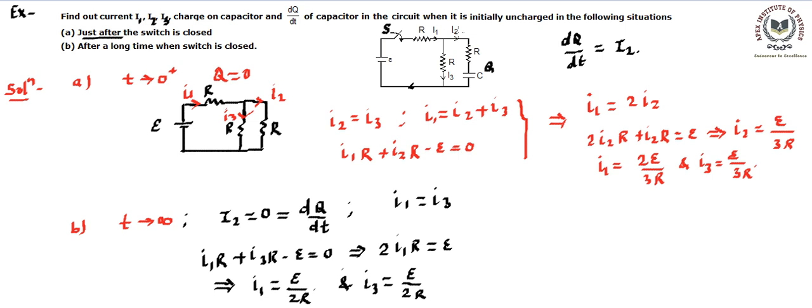So whenever we get a circuit in which a capacitor is connected, resistances and batteries are connected, and a switch is connected, then you will generally be asked two types of questions. Just after, you replace the capacitor by a conducting wire and solve the circuit, and after a long time you say that the current passing through that capacitor will be 0. Mind it, the current passing through that capacitor will be 0. The reason is this capacitor does not allow any more charge to come in because it has got completely charged, so the current in this branch will be 0. That's why we pick this I2 to be 0.